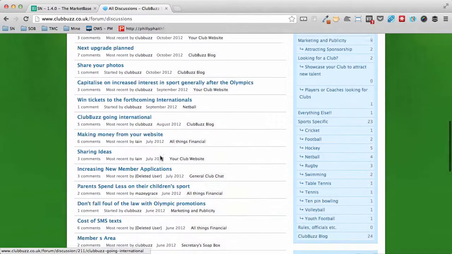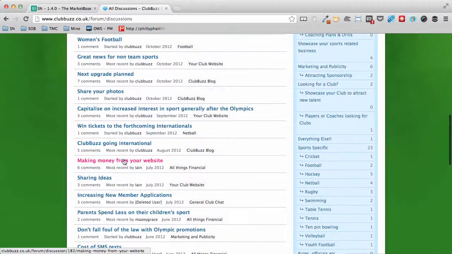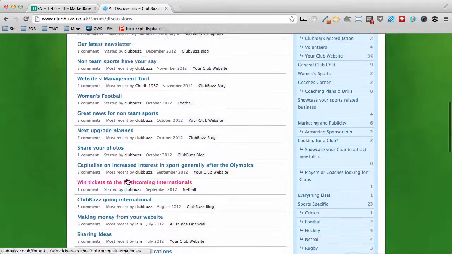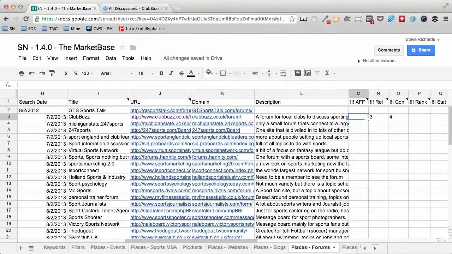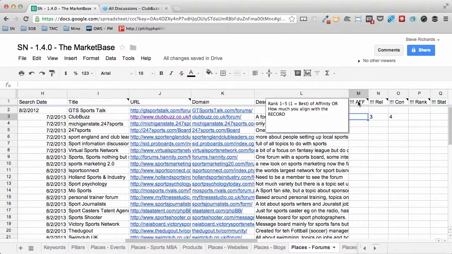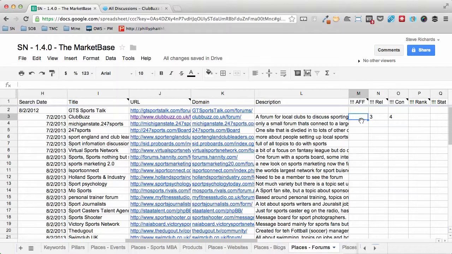So that is definitely in the negative column. The comments are a little sparse. While there are comments, they struggle a little bit to get a good amount of comments. So while this ranking is going to be a little bit different by whoever does it, because obviously it's personally how you think we will relate to this record, my affinity ranking wouldn't be too high for this one. I'm going to give this one a 3 for right now, which is right in the middle